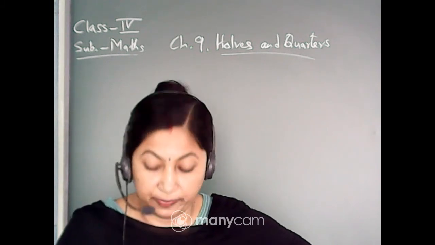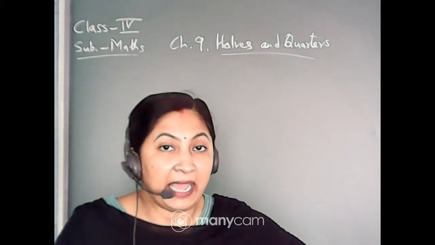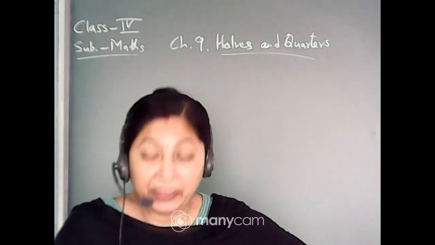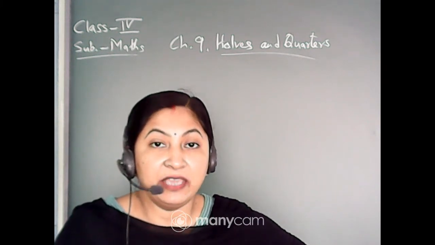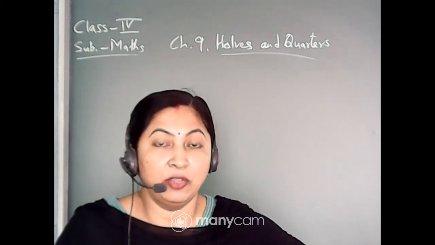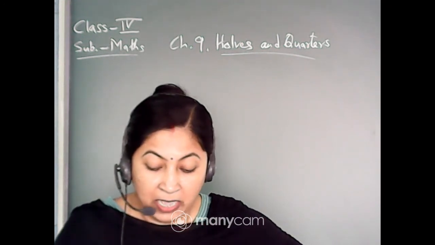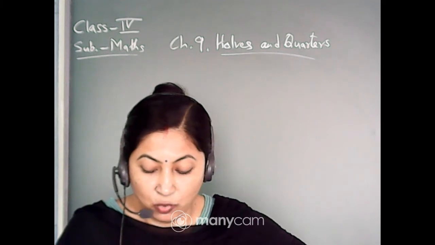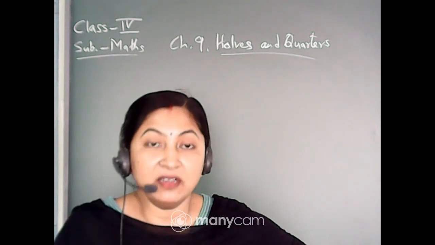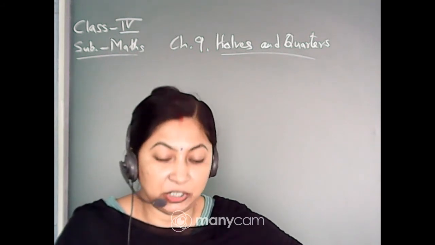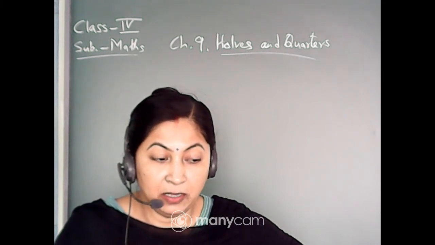Now look to the picture. It is given quarter. That means 1/4 of the picture is drawn. And as you can see, it is the picture of sun, isn't it? So 1/4 of the sun is given here, or it is drawn here. You have to draw the other parts. Now one more question is there. How many more quarters will you draw to complete it? Now you have to tell how many more quarters you have to draw to complete the picture.